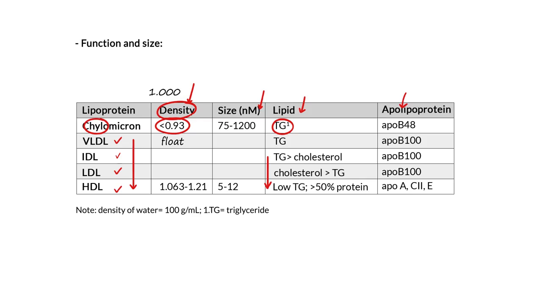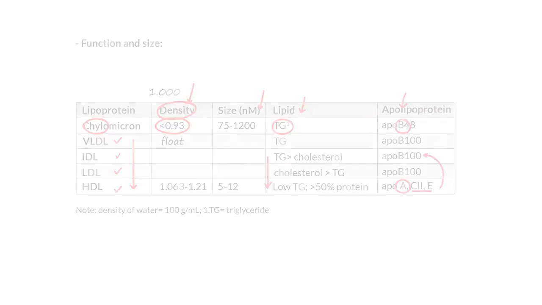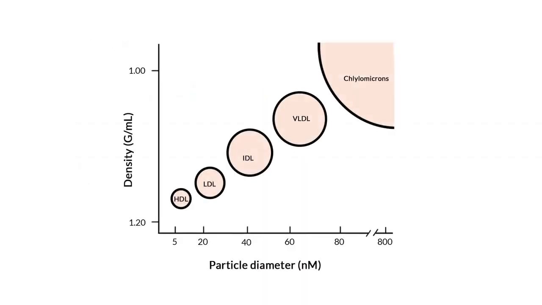When we take a look at the actual proteins that become the critical signaling functional proteins, we can see that we have basically the B proteins, and then in HDL it actually has three. It has the structural A protein and then the transferable C2 and E, which is going to interact with the other lipoproteins. When we take a look at size, we can see there's actually a wide range of size,